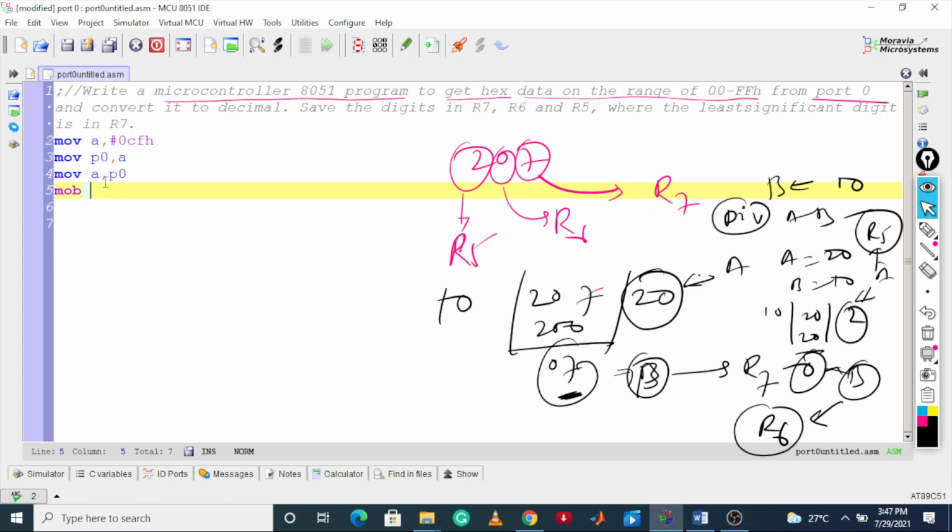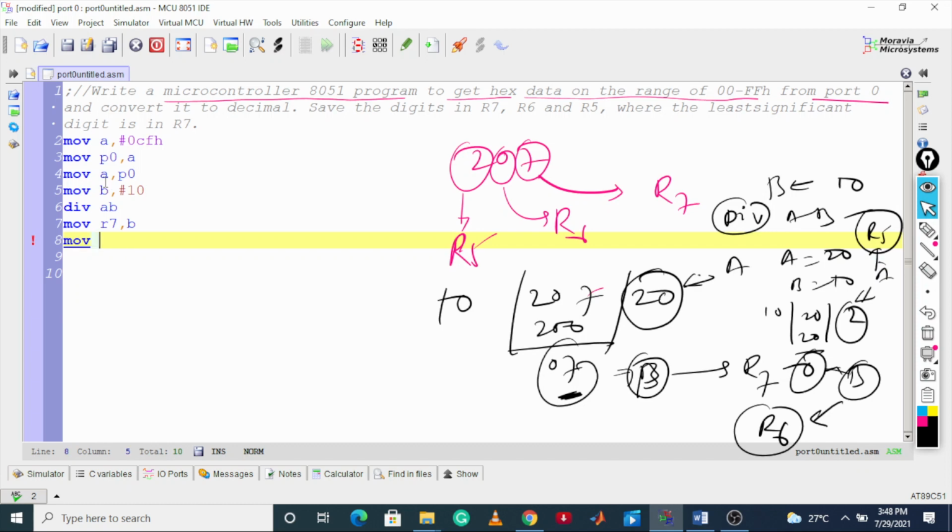Now we are loading B. MOV B with the number 10, that will be the decimal base, and perform the division operation, DIV AB. After dividing, move the content of B to R7, and again load B with the value 10, and then perform division DIV AB again.